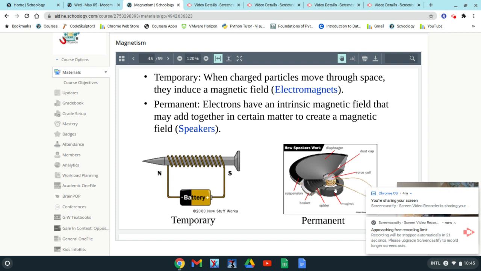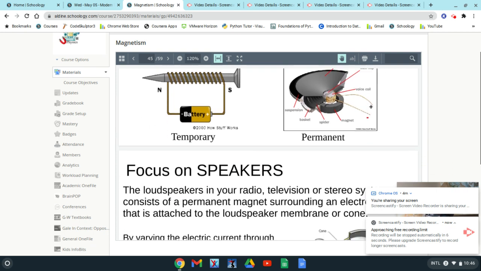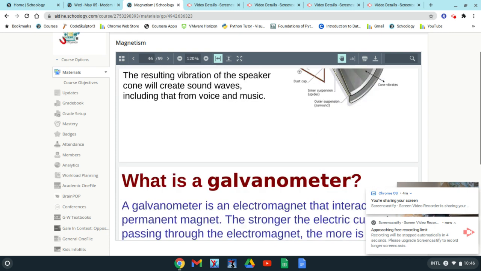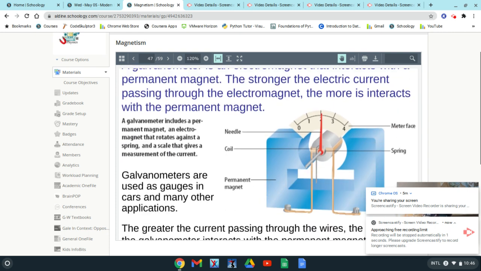Speakers work in the same way. They're also electromagnets. As the current goes back and forth, it pulls this thing back and forth, and because of the force on it, that causes the diaphragm to move and causes air pressure waves, which we see as sound. Galvanometer is simply a device